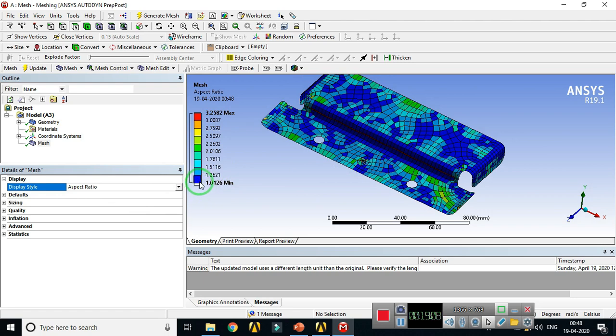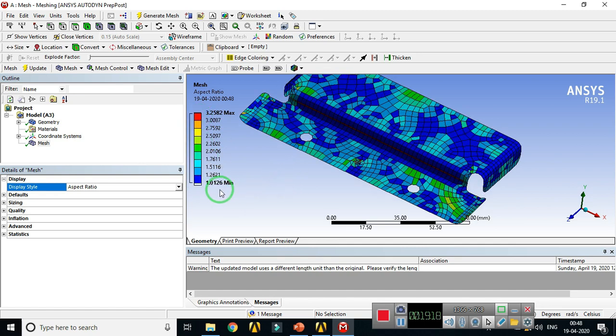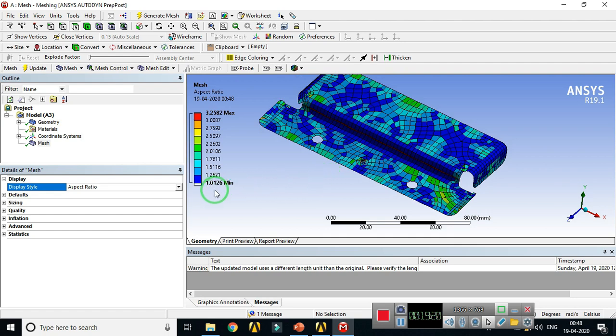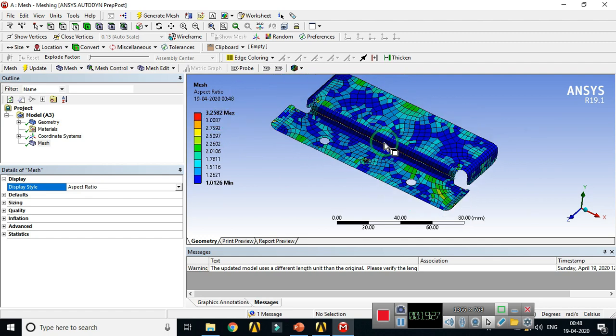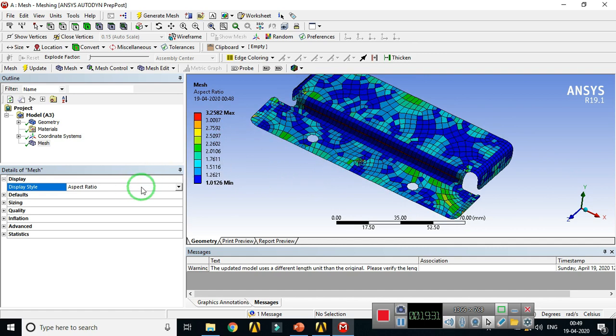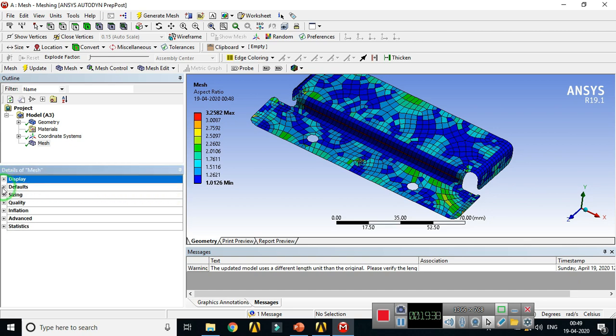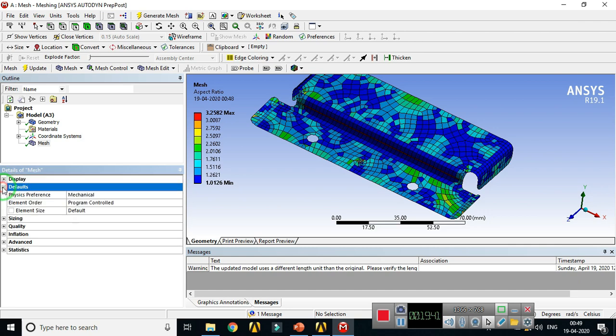Blue means it is very close to the ideal shape, and red means it is deviating from the ideal shape. The ideal value is 1.01 and the maximum deviated value is 3.2. In this way you can visualize your elements according to the different mesh checks, right?